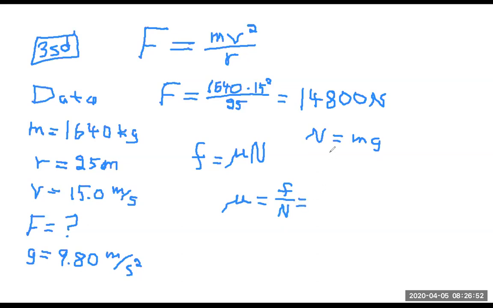So without writing down the numbers, because I've got them here and we've got a lot to cover, I want to put down that the weight is 16,072 newtons. Now, we don't round this off at this point because we're in the middle of a problem. So we're going to divide 14,800